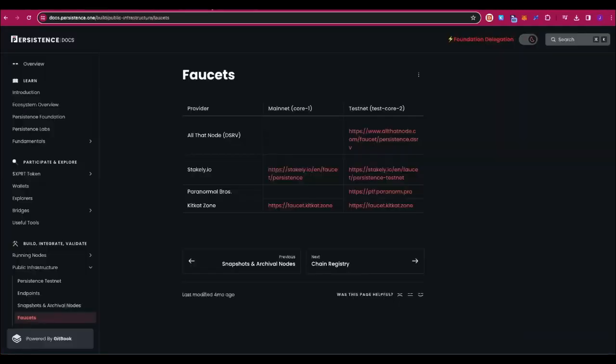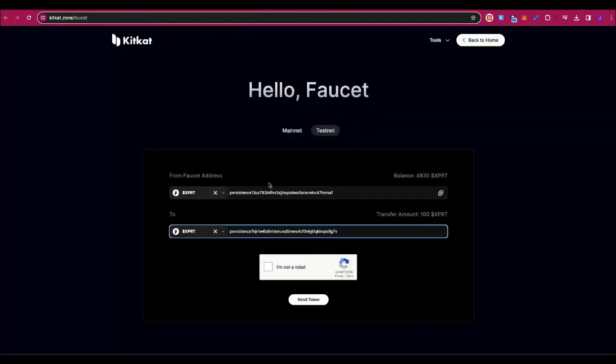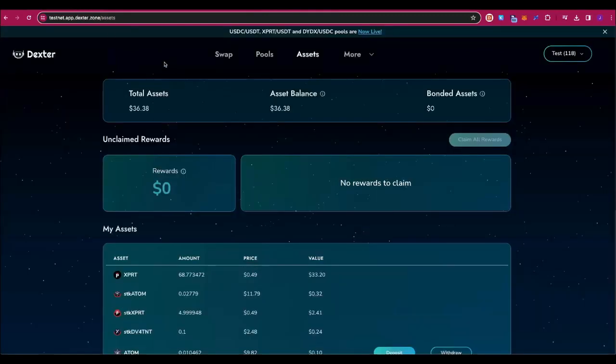To start, you should actually get some DYDX. It's quite hard to get DYDX testnet tokens. So to make it easy, you can actually get some testnet XPRT tokens through one of the faucets. I use KitKat, for example, where you just type in a test address here, so you get some testnet tokens there. Then you go to Dexter,